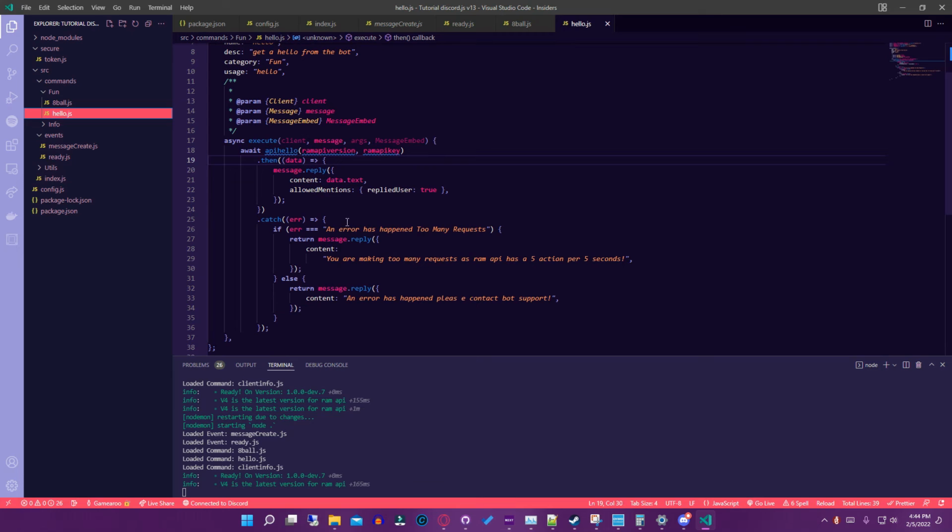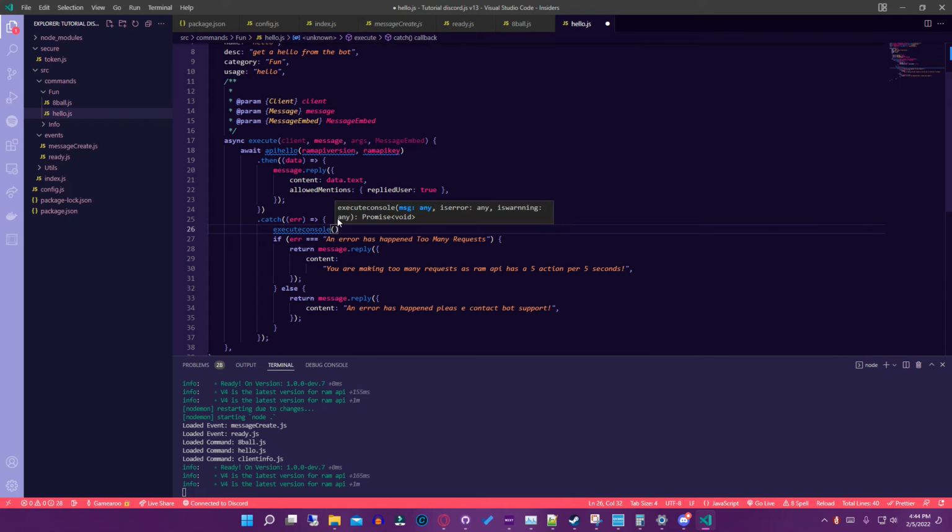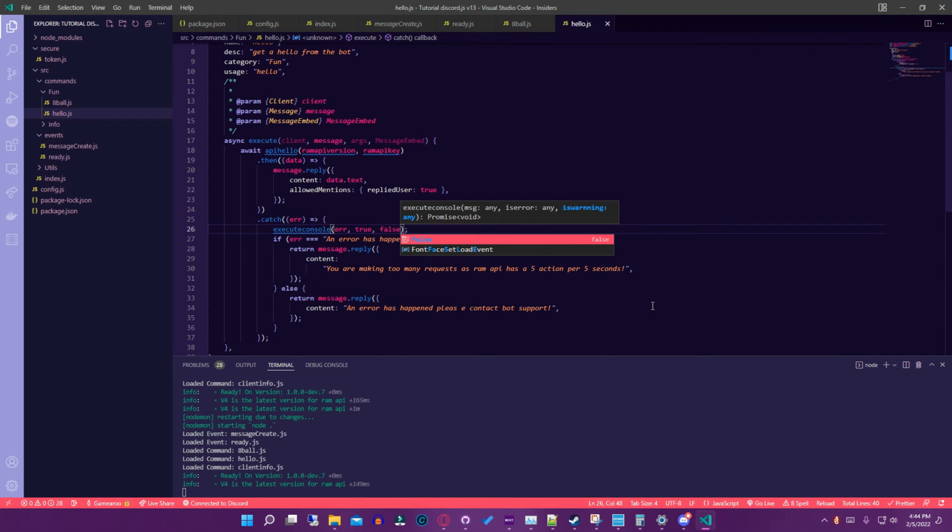We're going to do the same thing here. Except here, we have this, too many requests. But we're also going to execute console here and do error, true, and then false. That way it logs it for us as errors. That way if there's ever an issue, you can see what's going on, and I can actually show you in action. If I just change this to test,